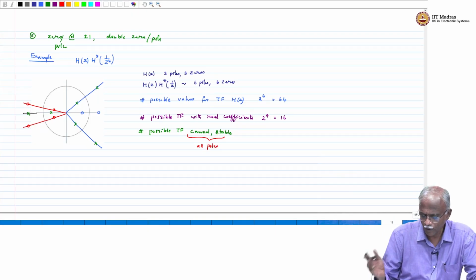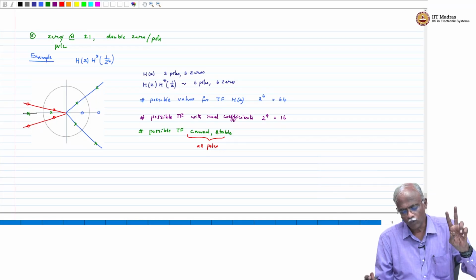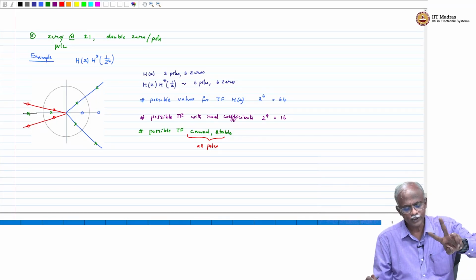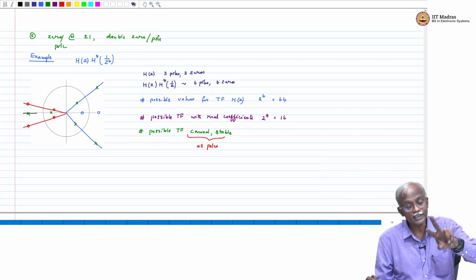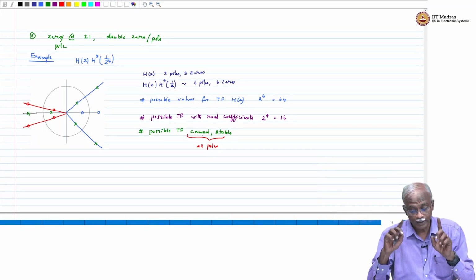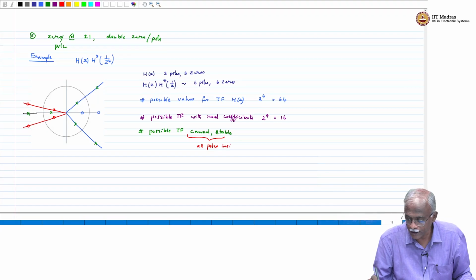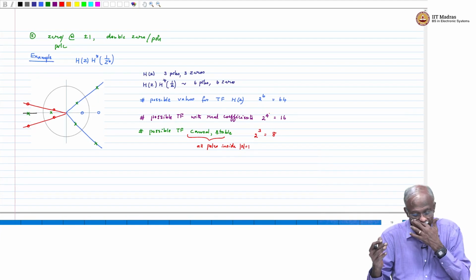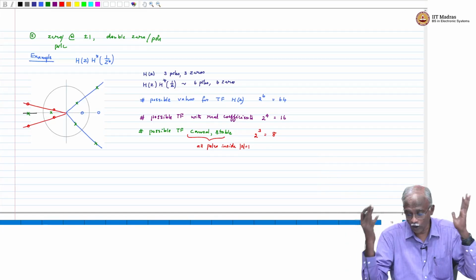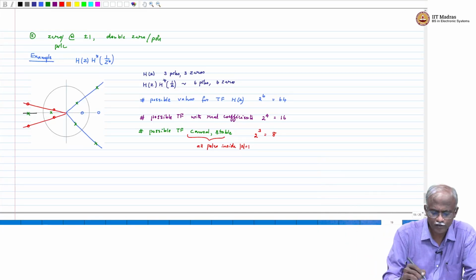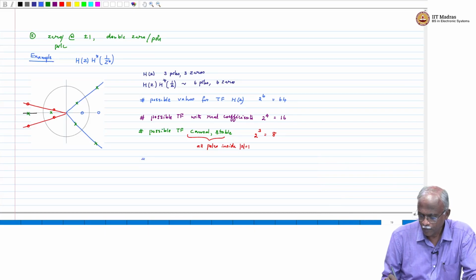So H(z) will have all the poles inside the unit circle. What are the choices that you have? The zeros can be inside or outside. We did not specify that they have to be real coefficients. So basically all poles inside the unit circle, zeros can be anywhere. So this basically tells us that there are 2 to the power of 3, which is 8 transfer functions. The 3 zeros, you can take the one inside or outside, all of them will give you the same magnitude response. Okay, finally, the number of possible transfer functions